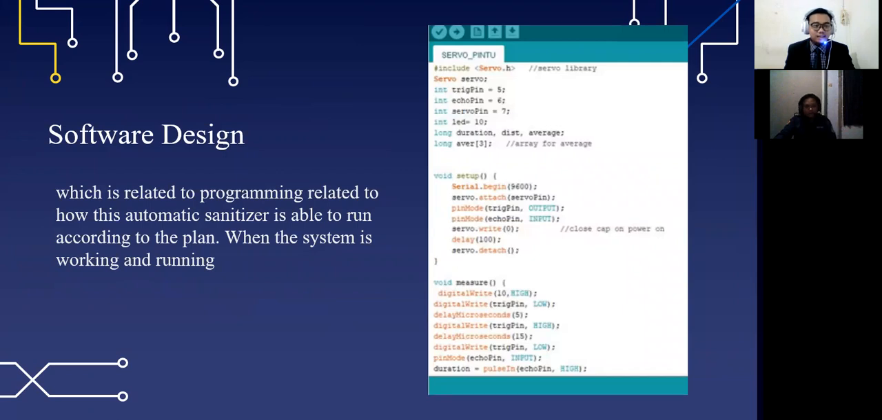And this slide is the software design, which is related to programming and how this automatic sanitizer is able to run according to the plan when the system is working and running. It can be seen in the picture beside. This is an example of the code in the Arduino IDE to drive the servo. Next,